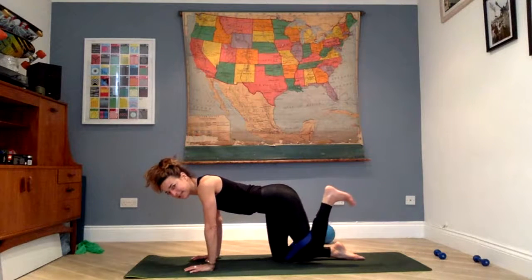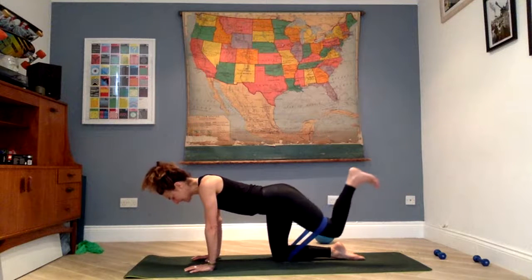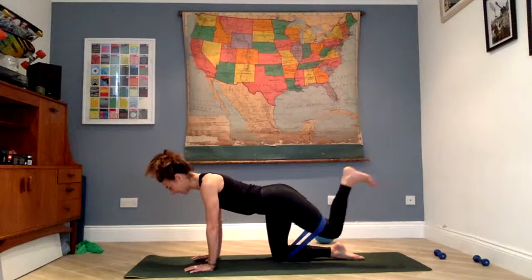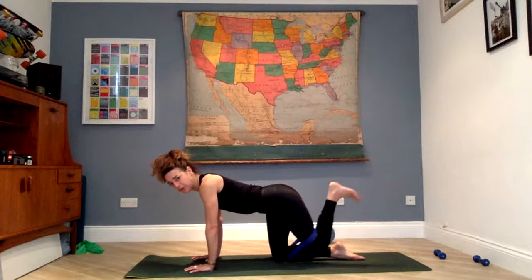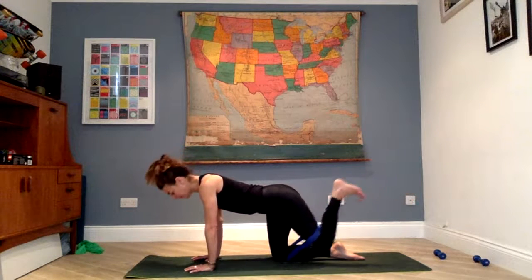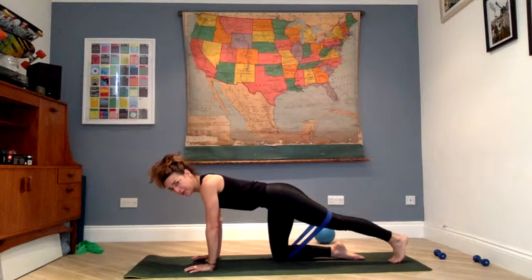Bend the knee, heel to the hip, and extend. Knee goes down to the mat. Extend. To the 6 and 5. Last 4, 3, 2. Last one, out and hold, toe comes down to the mat, lift that lower back slightly,